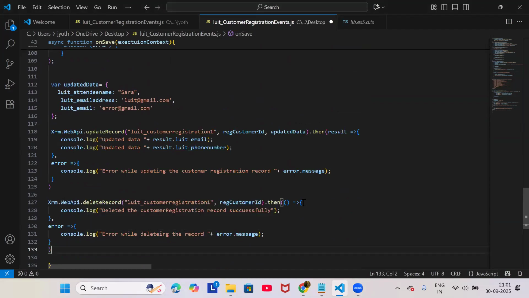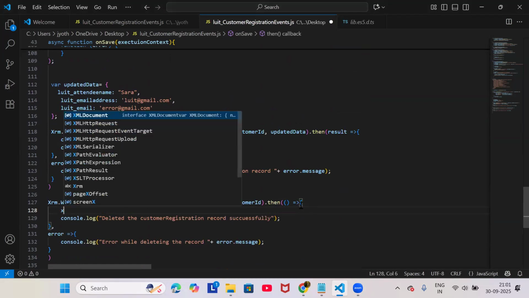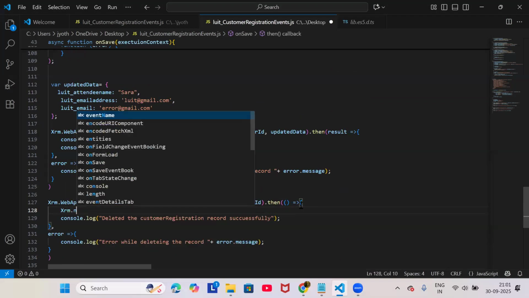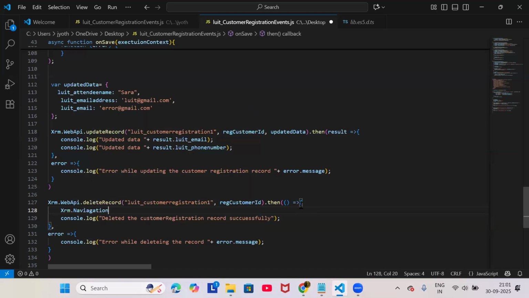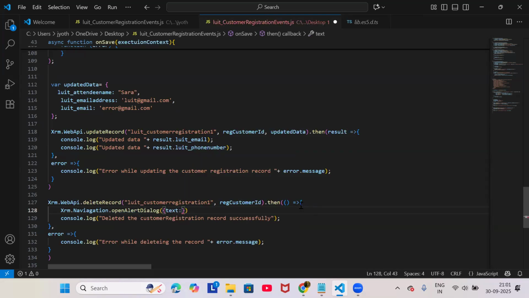Deleted the customer review. Okay. Here, on top of the console log, I'll use another one: Xrm.Navigation.openAlertDialog. I'll show you the syntax, what all the things that we can pass in this one. So for now, I'm just saying,